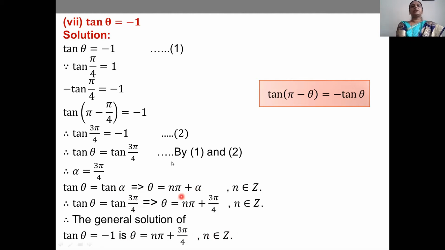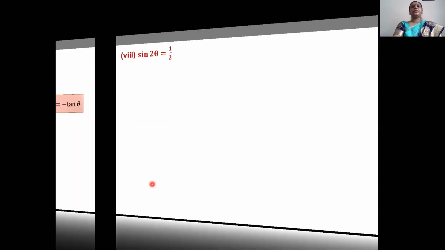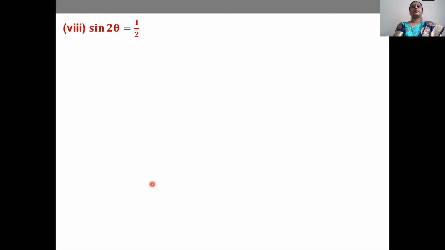Means to find the general solution, you first know the table of 0 to 90 degree, then you must know the table of allied angles, and also you must know the formulae how to find the general solution. And all that formulae I have collected in remark 1, 2 and 3. You go through these formulas, then it is very simple to find the general solution. Now let's consider the next example.